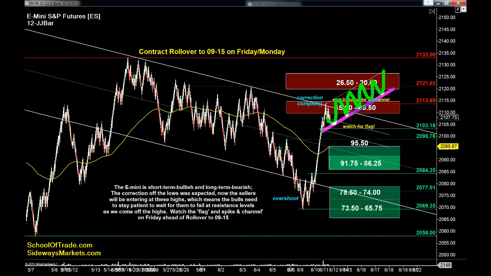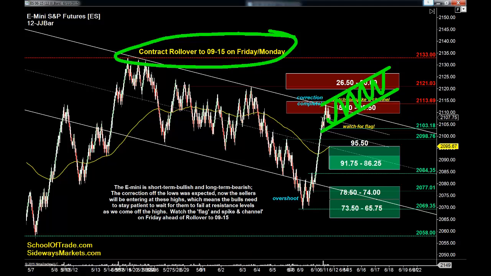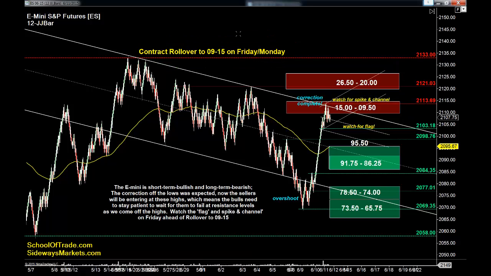The only thing that I've got to worry about for tomorrow is rollover. We're going to be sharing volume tomorrow. We're going to be sharing volume. As we speak right now, volume is still weighted towards the 615 contract, but that's not going to last. Tomorrow we're going to be about 50-50.